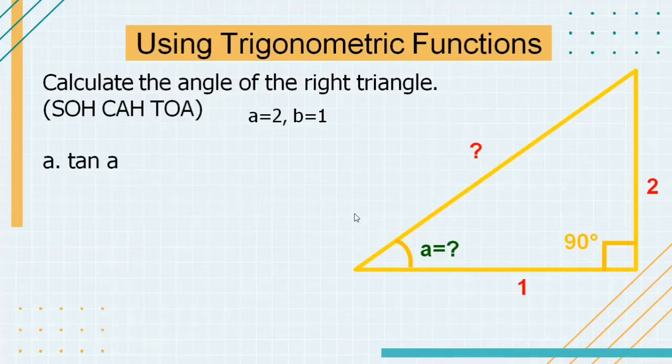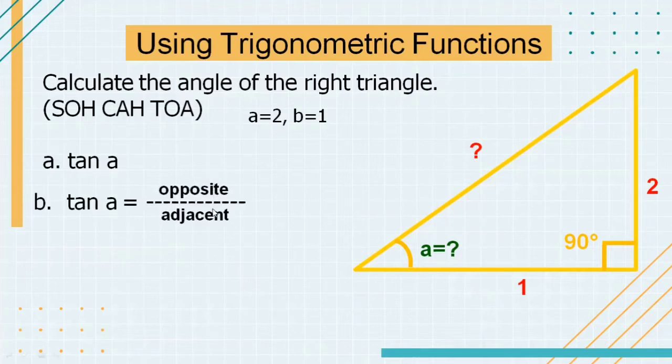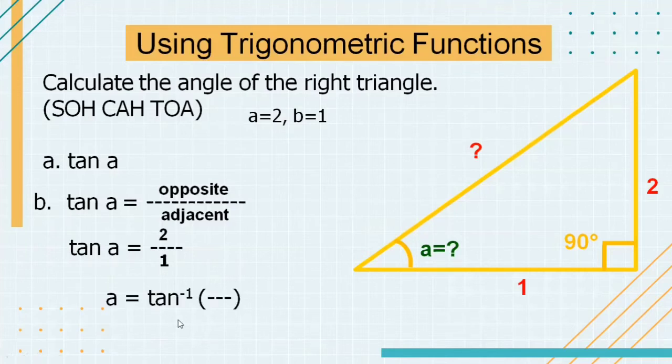So tangent of A is equal to opposite side divided by adjacent side. So substituting our values there, tangent of A is equal to 2 divided by 1. This time, our goal here is to get the measurement of our A as our angle. And so we're going to apply arc tangent. So that would be A is equal to the arc tangent of 2 divided by 1. Using your calculator, arctan of 2 divided by 1, or that simply means arctan of 2, is equal to